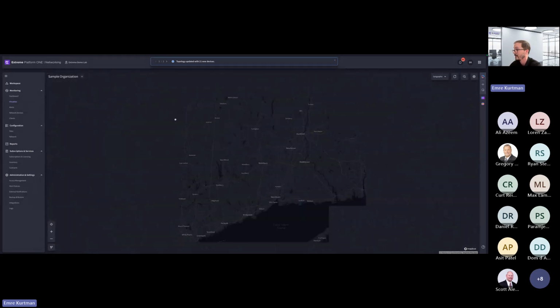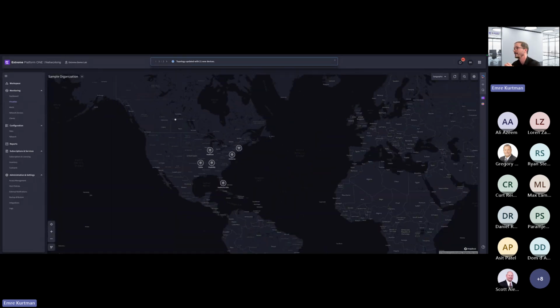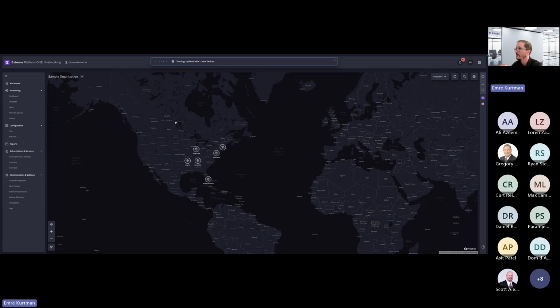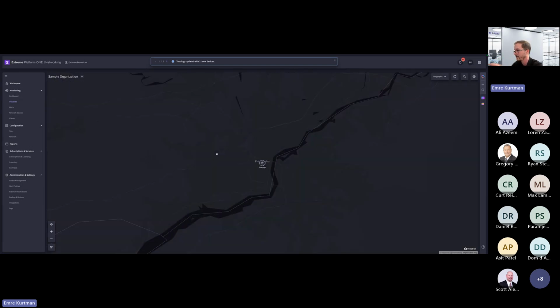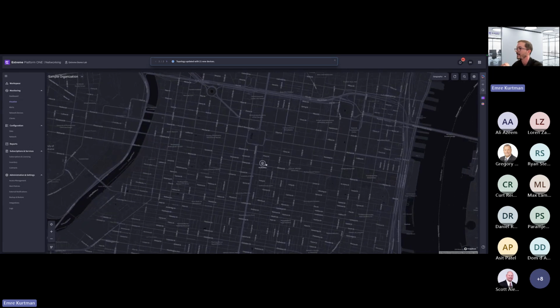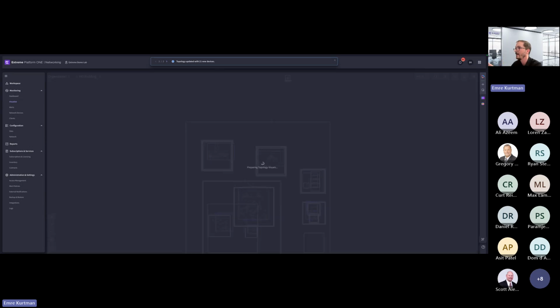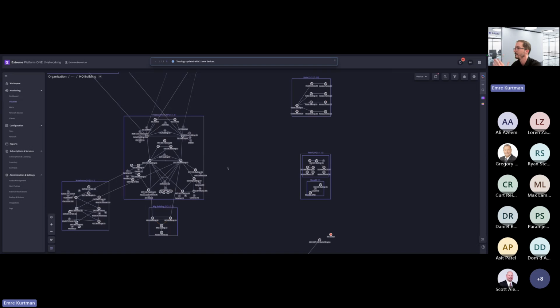And let's assume that you have multiple sites. In this case, this view will provide you an overview of your whole network, including the sites, the buildings, the floors, and all the critical alerts on each of these sites. You will have an understanding with this geographical map. Okay. And then if you want to dive into a specific site, you just click on it. Let's do it for the enterprise site. And then it will also give me all the buildings that are part of the enterprise site. If I click further, then it will take me to the physical topology.